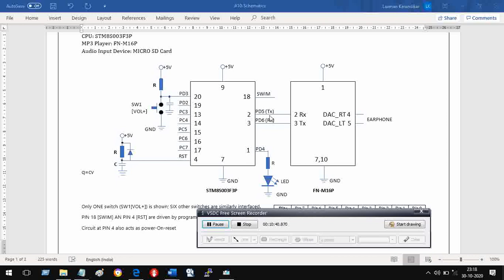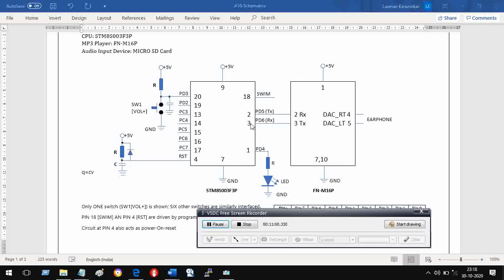Here you have on pin number 2, port 5, PD5. It transmits, and this transmitted information is received by the module at pin number 2, and the functional pin is RX.